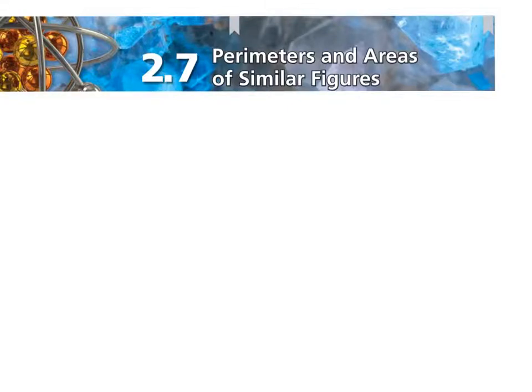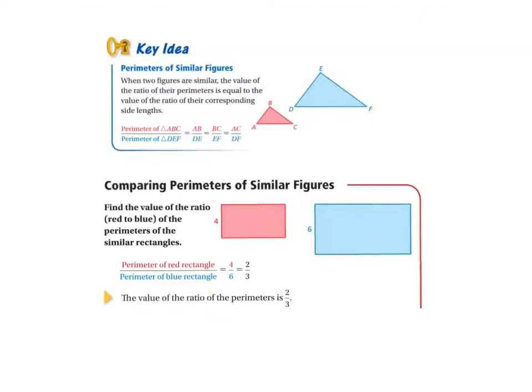Okay, 2.7 is perimeters and areas of similar figures. Remember, similar figures are made by enlarging or reducing, so dilations. So let's get started. Okay, so rule 1 here, key idea 1, is that the perimeters of similar figures, that